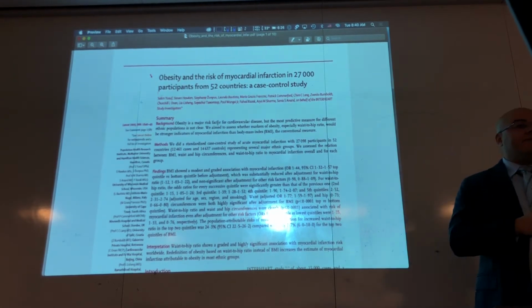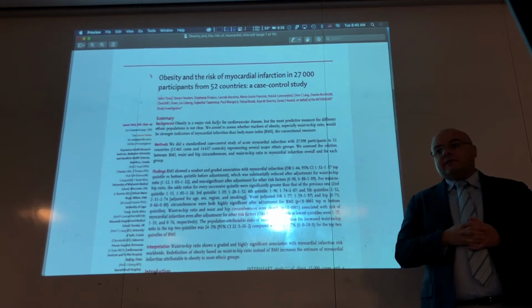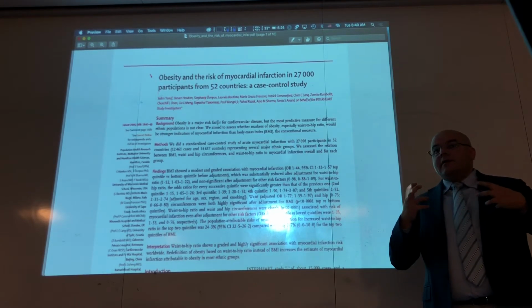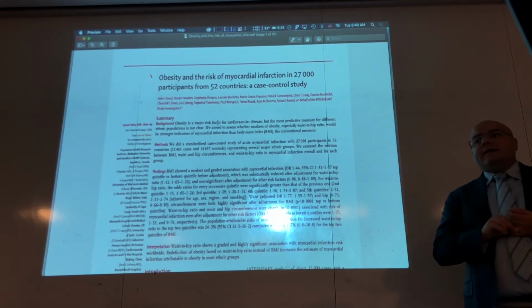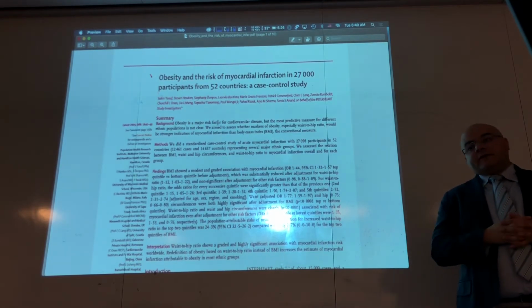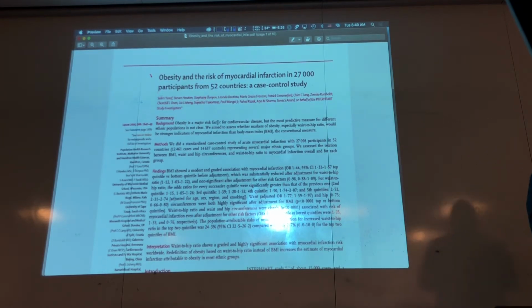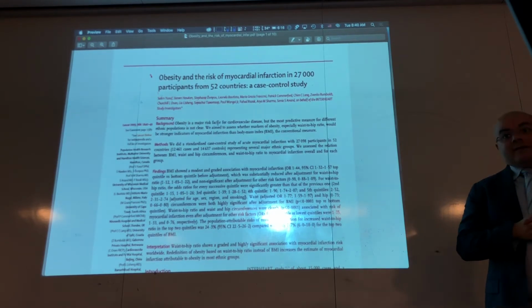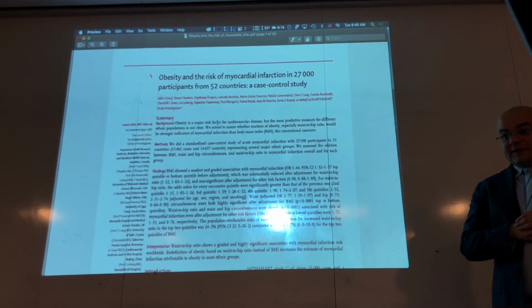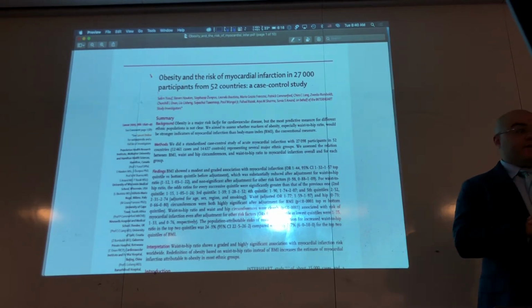So basically, how do you think about this? This is the objective, the rationale. It means why do you want to do this study? Because the study is trying to find whether the hip to waist ratio is a better indicator, or can predict myocardial infarction better than BMI, which is body mass index. Okay, so that's why I say this.